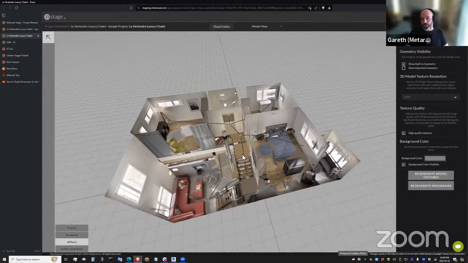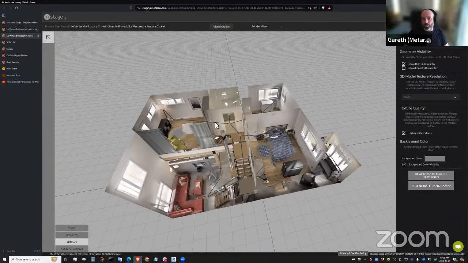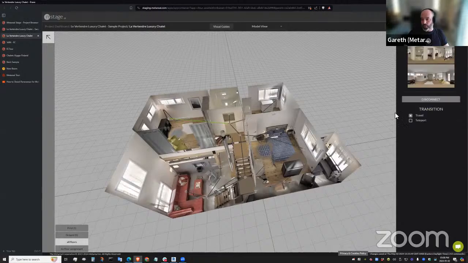And I can choose the navigation type. So for example, here we've got black navigation lines. That means I'm going to transition smoothly, a kind of smooth movement between the two panoramas. Sometimes we don't want a smooth movement. We want to jump between the two panoramas. So I can select there and just switch the transition type from travel to teleport, and it'll jump through. Sometimes maybe we've got a closed door, and we don't want the discomfort of flying into the wall, so we can just jump between the 2 points.